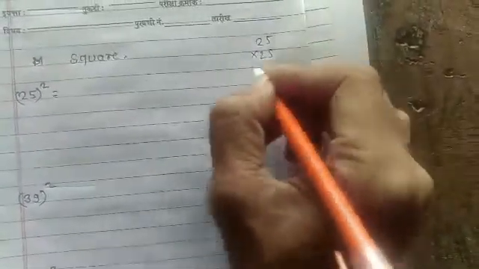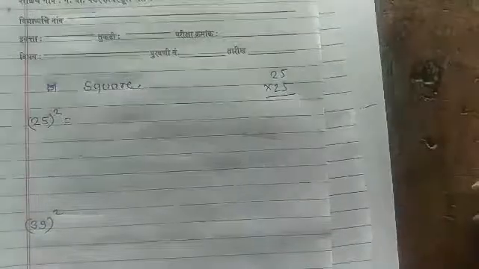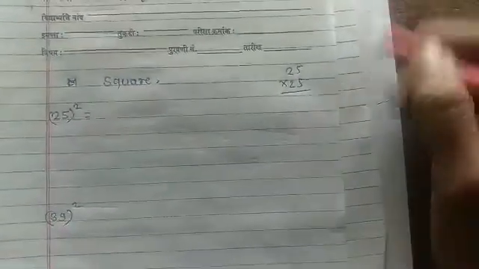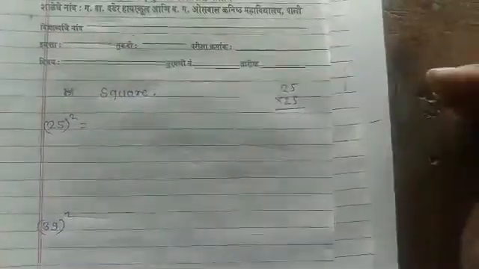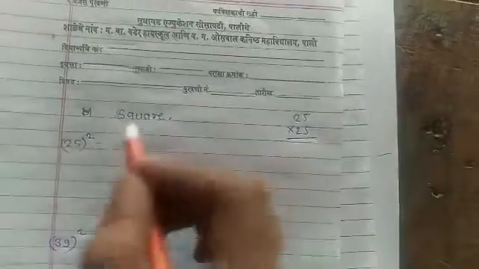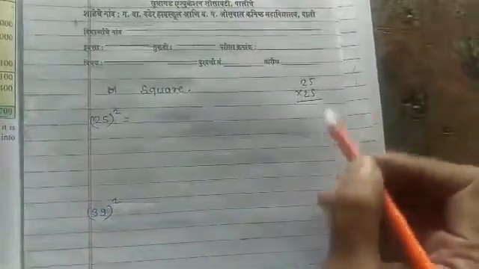Usually we used to do the same one, proceeding step by step like 25 into 25. Rather, we can make a vertical multiplication to find the final product of the two numbers. But here we have a very interesting technique to find the square of 25 without using these vertical steps.